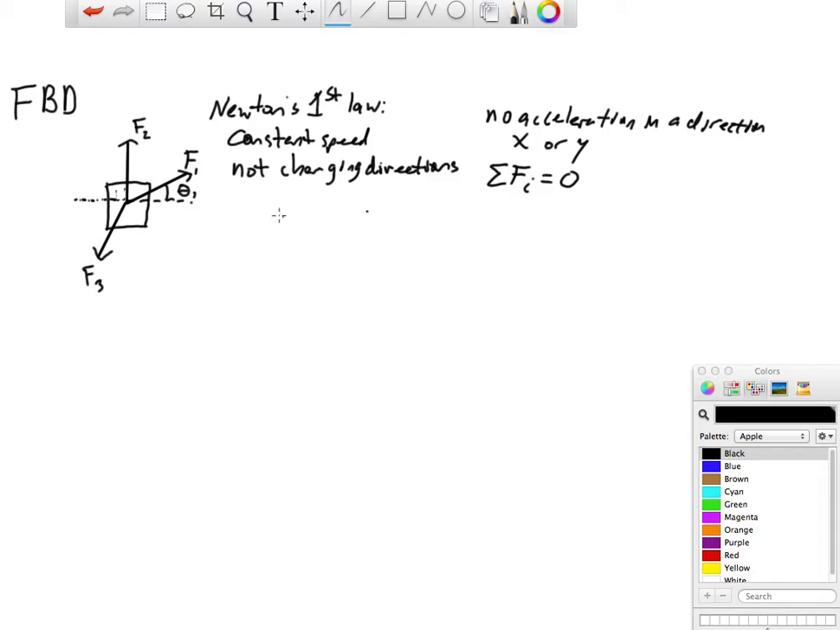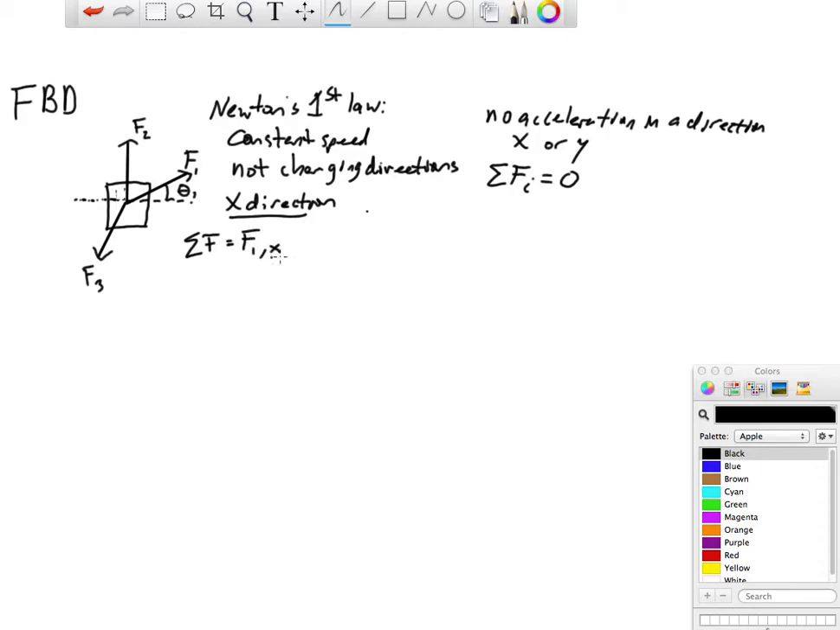So in practice this means in the x direction you can say that the sum of the forces is equal to the x component of the first force. Forces are vector quantities, so they have components that you can draw. They have an x component and a y component, and they sum up to give you this total force, this resultant force. So you can break them up into their components, and